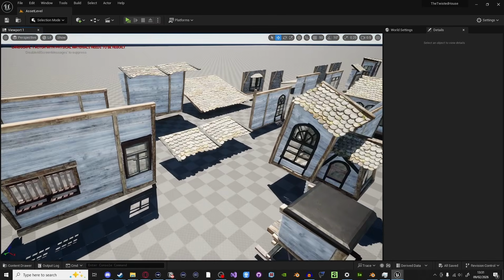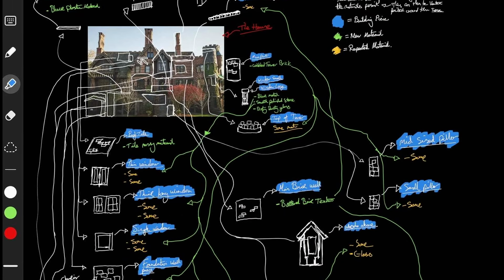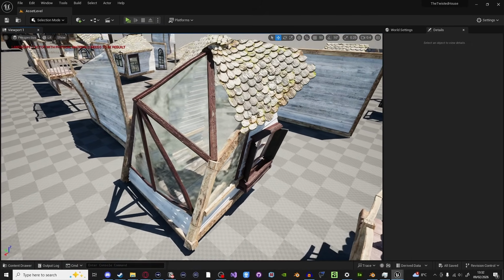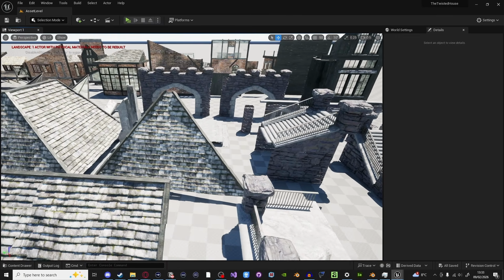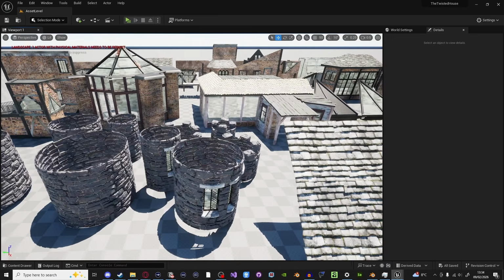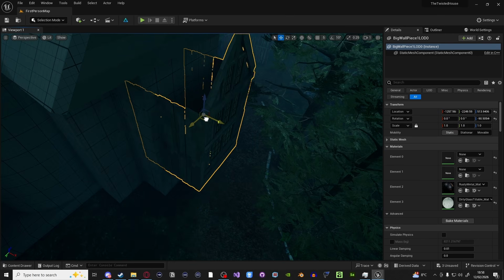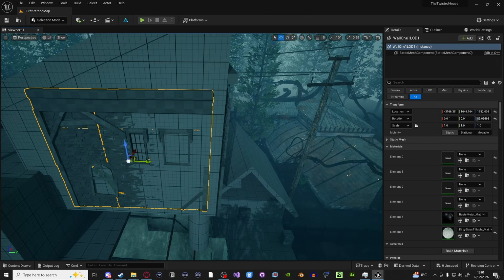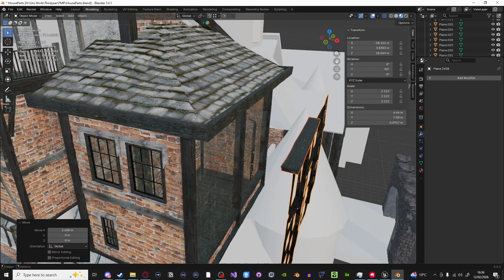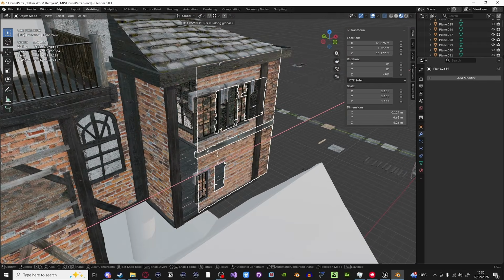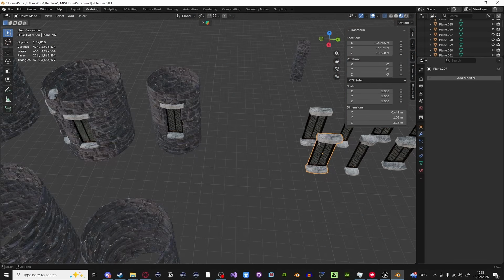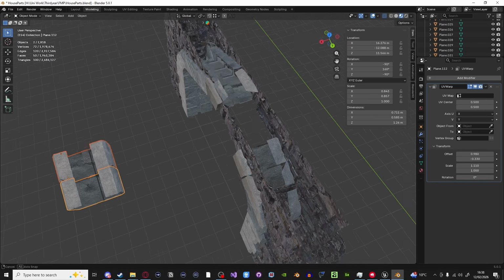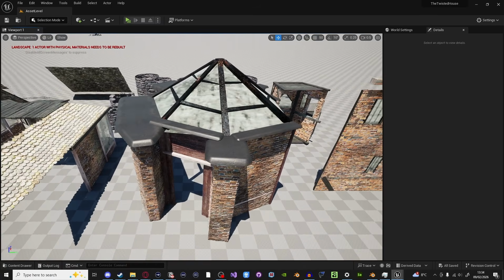So I made a house kit, as easy as it sounded. I planned out all of the walls, all of the different windows, and if I needed something else, I'd just make a new wall and then build on it in Unreal. So after I'd made all the walls and windows, I took all those into Unreal Engine, made sure that they were scaled and everything correctly, and then just started building the house. And then if I needed something else, I'd go and make it and then do the same on the house and cover it with all the little new bits. So slowly but surely, the house built up with new walls and new objects until it was finished,